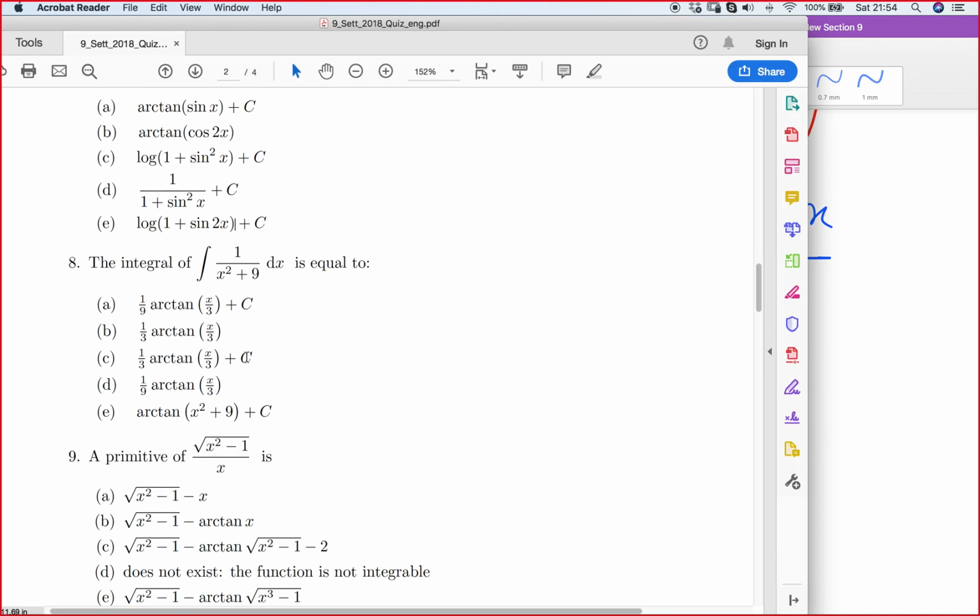Good. Can I move to number 8? Now we move to MCQ number 8. The integral of 1 over x squared plus 9 dx is equal to, okay,